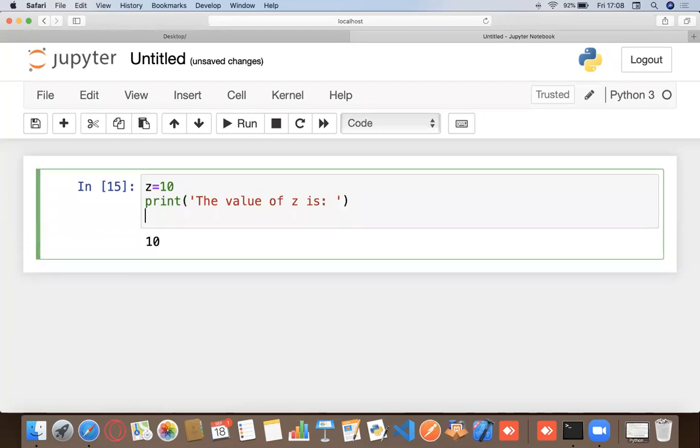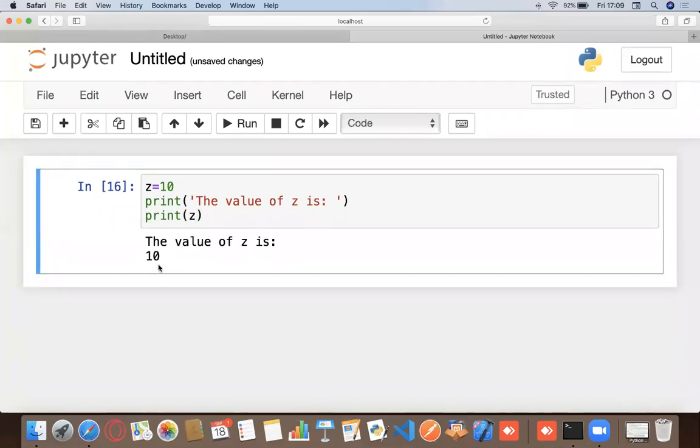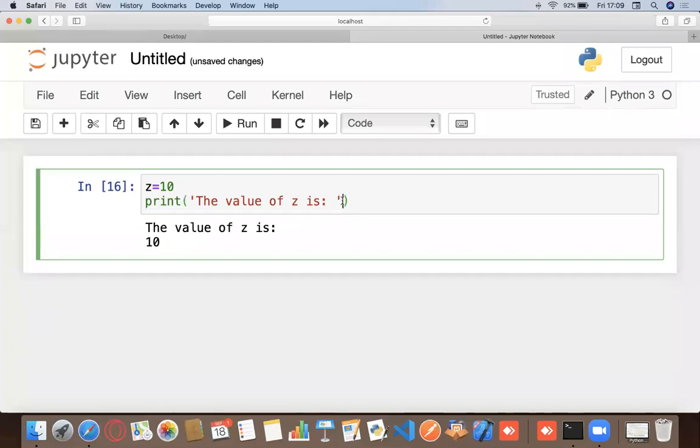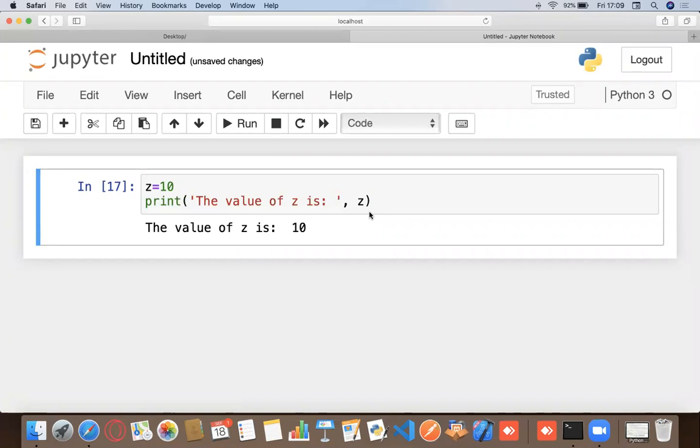I could use another print statement, right? But that would end up printing z and 10 on different lines. I don't want that. So what you could do is you could pass in multiple stuff in print statement. So you can write something like this, and it would print the statement and the value of z, right?